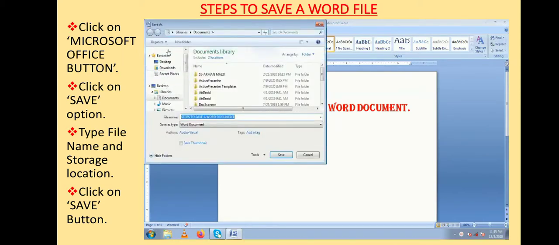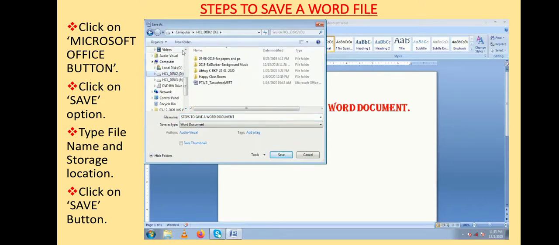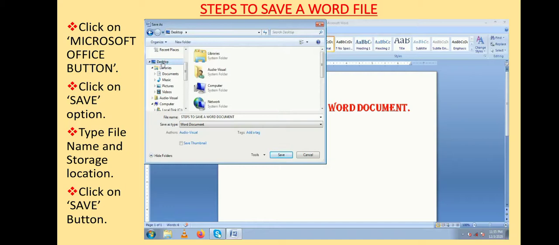When you click on Save, this type of dialog box will open. From the left hand side of this dialog box, you can choose the storage location. You can browse through all the locations that are available. If you want to choose any drive like D drive, or a desktop, select the appropriate location where you want to save your file.